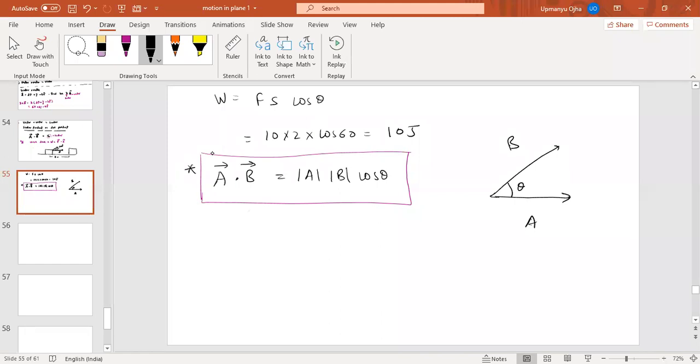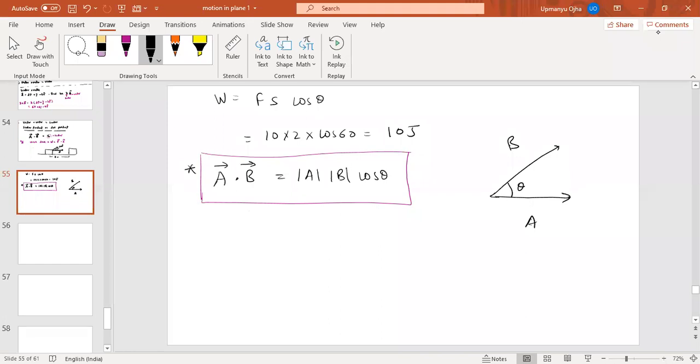A dot B is equal to mod of A into mod of B into cos theta, where theta is the angle between A and B. Okay. No, no, dot product. We have more examples of dot product. I just gave you work done, because work done you must have studied in class 8 or 9. So you must have some idea of work done. What is the magnitude of the work done? We have more cases. We'll explain when we go into detail.